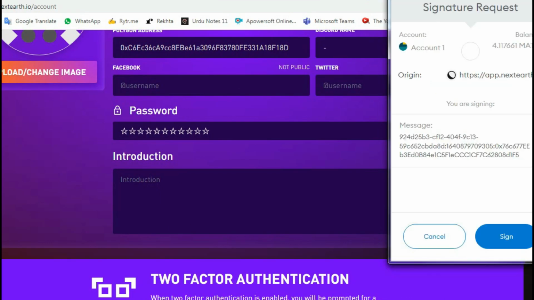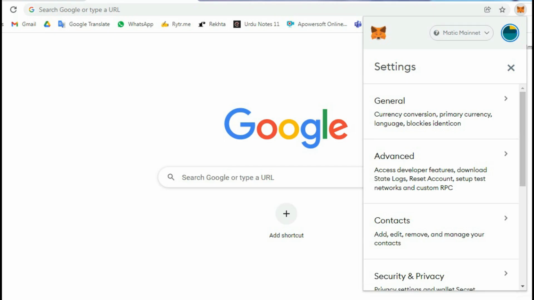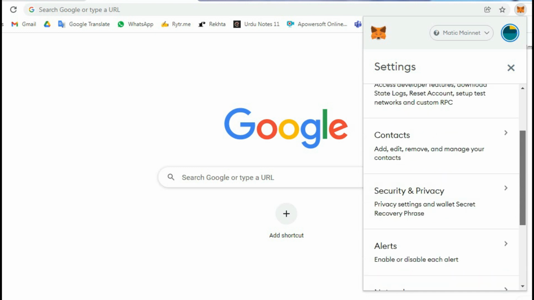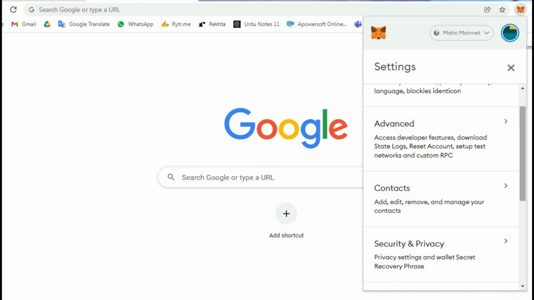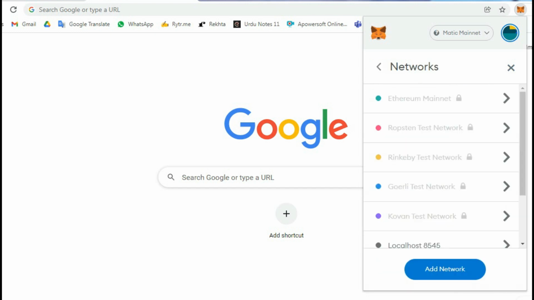For that you have to click on the round profile picture and open settings. After settings, open network and then click on add networks. First you need to put the Smartchain values. I will put all the values in the description, and once you have added these values of Smartchain, then you have to